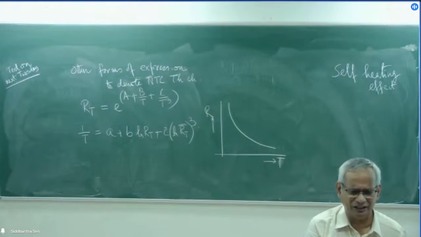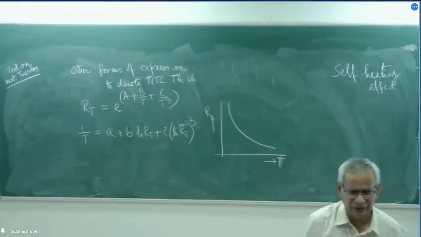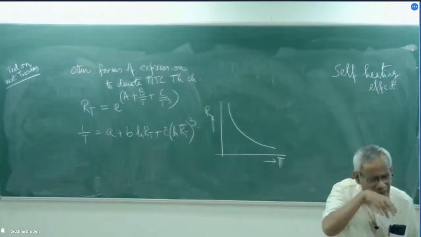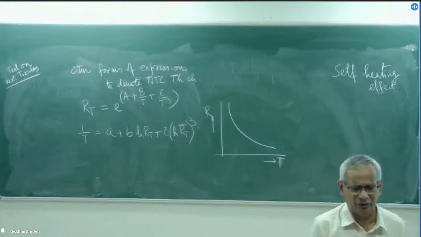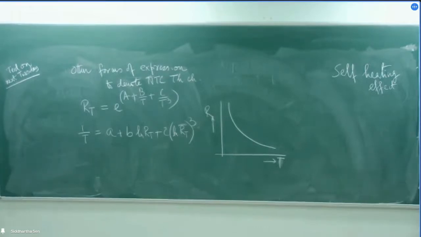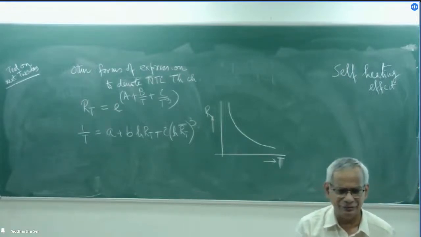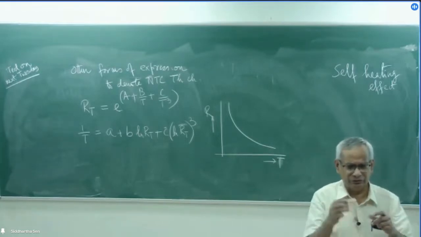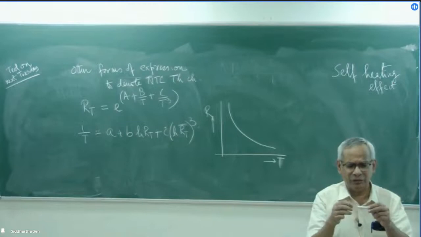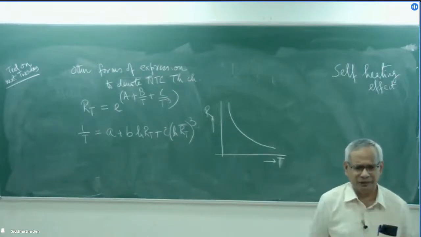We pass some current through it and measure a voltage. Now, for a thermistor, the first caution is that you should not measure its resistance directly using a multimeter. Why? This is your thermistor, and if we connect a multimeter there and pass some current,